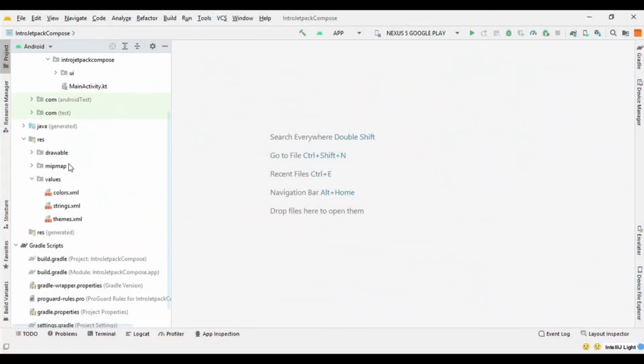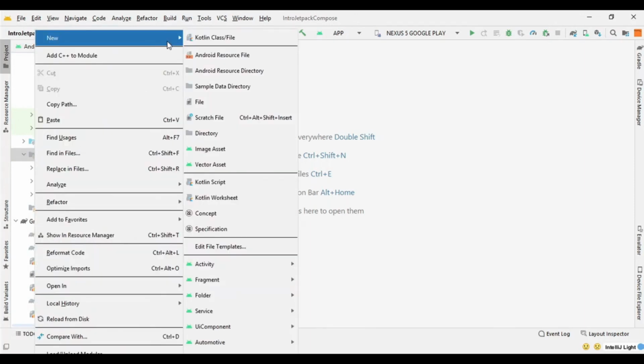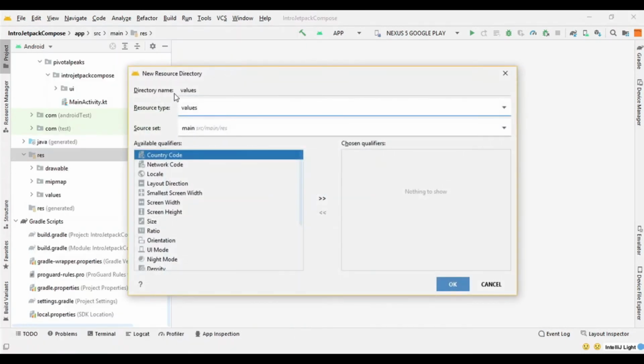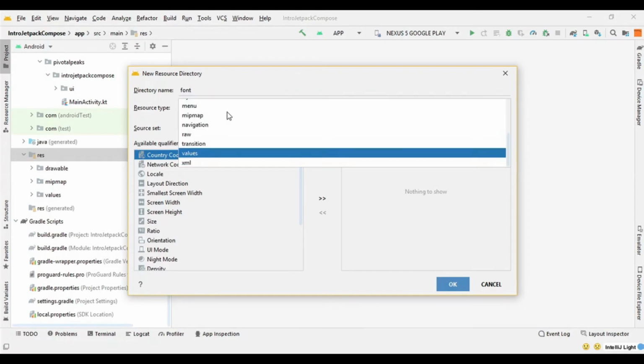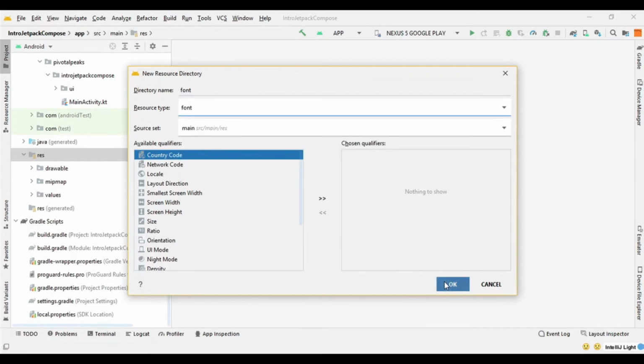So to put it, we need a new resource folder where we can put the font file. So we create here an Android resource directory, and let's call it font, and let's select the resource type to font, and we are good.